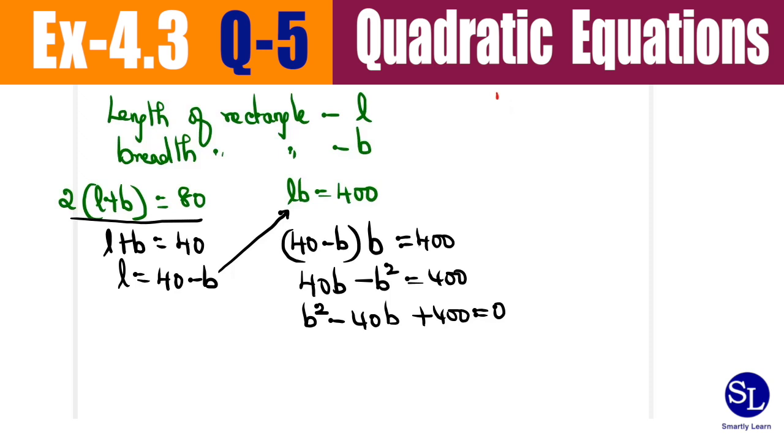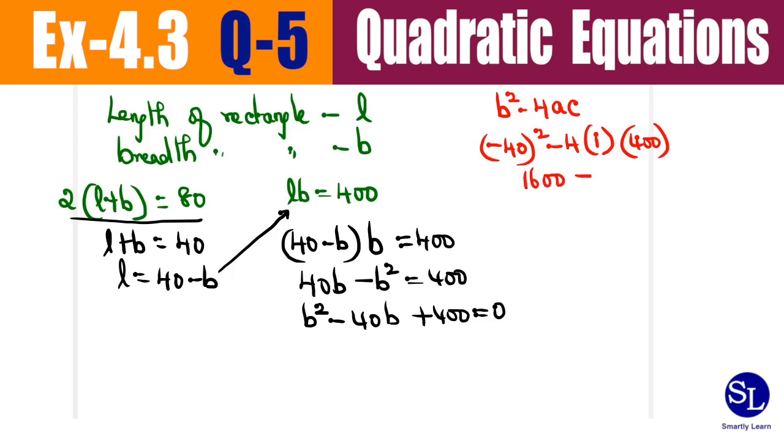In order to check if the solution is possible, we are going to compute b squared minus 4ac. If this value is equal to or greater than 0, then we are going to proceed. So what is the value of b? B's value is minus 40, the whole squared, minus 4 into a, which is 1, and 400 is c. So this is into 400. 40 the whole squared is going to be 1600, minus 4 into 1 is 4, 4 into 400 is 1600 again. So this is equal to 0. 0 means you're going to get real and equal roots. So the solution is definitely possible.